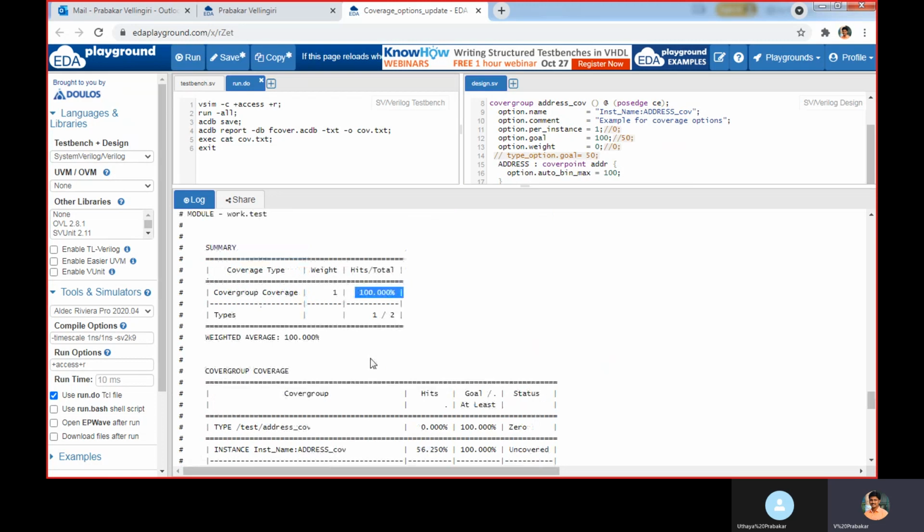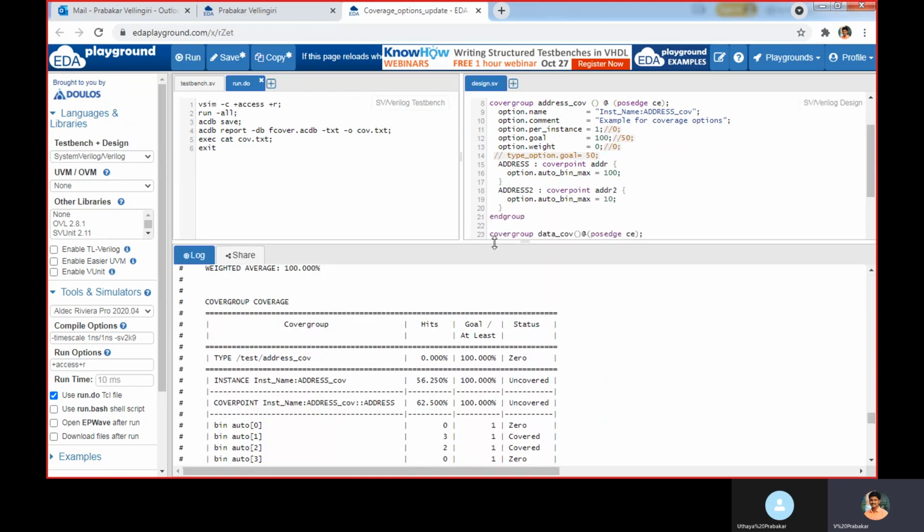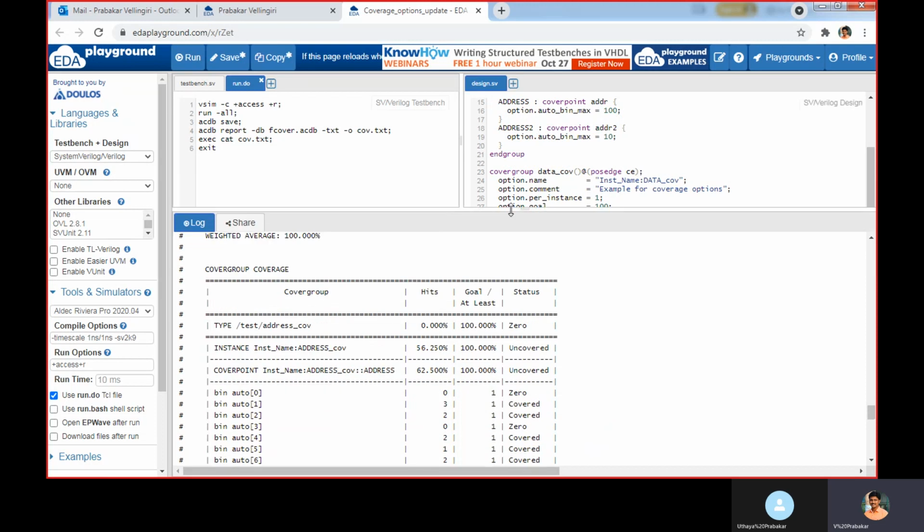The weightage is given for data cover. So option.weight, I make it 0, so for address cover, we are getting 0. Other options like option.auto_bin_max, that you know, I already explained.